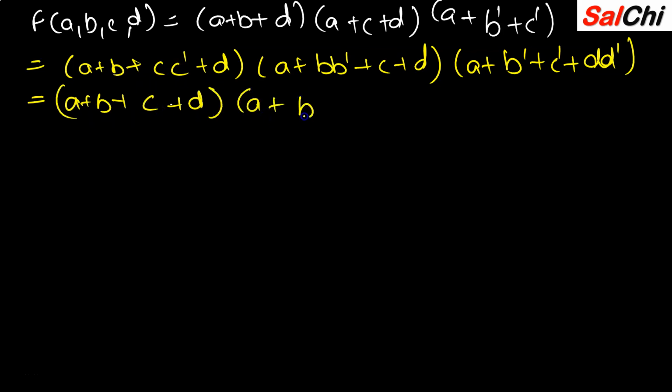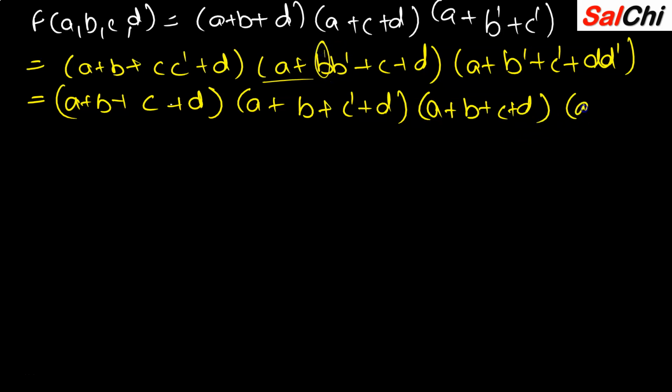Then again A plus B plus, okay, take C complement one because this is left, so it is D. For the third one also, second one also, do the same. It will be A plus, take one of them, so it is B plus C plus D, and in the other one, this B has been taken, so take B complement, so it will be A plus B complement plus C plus D.